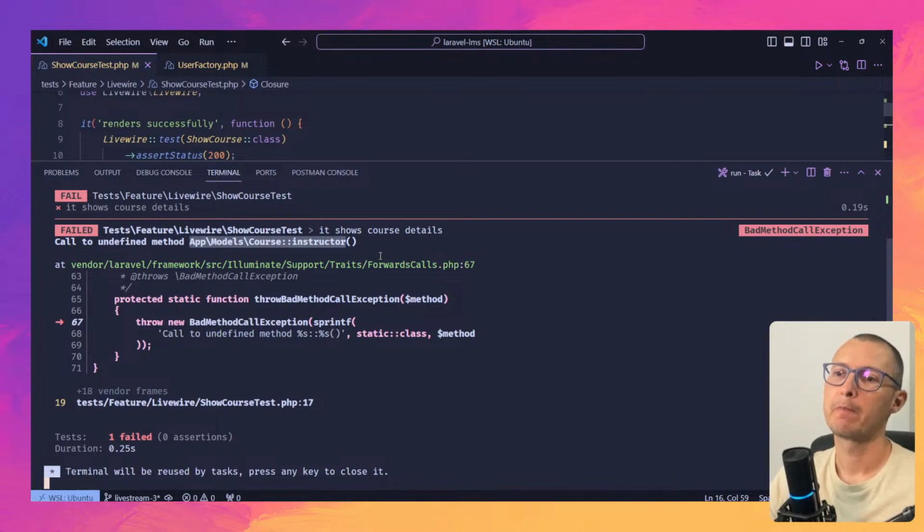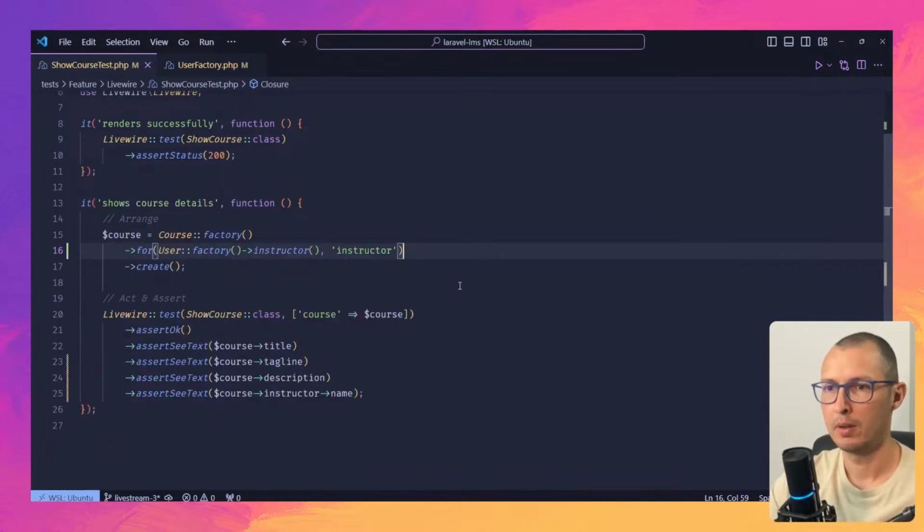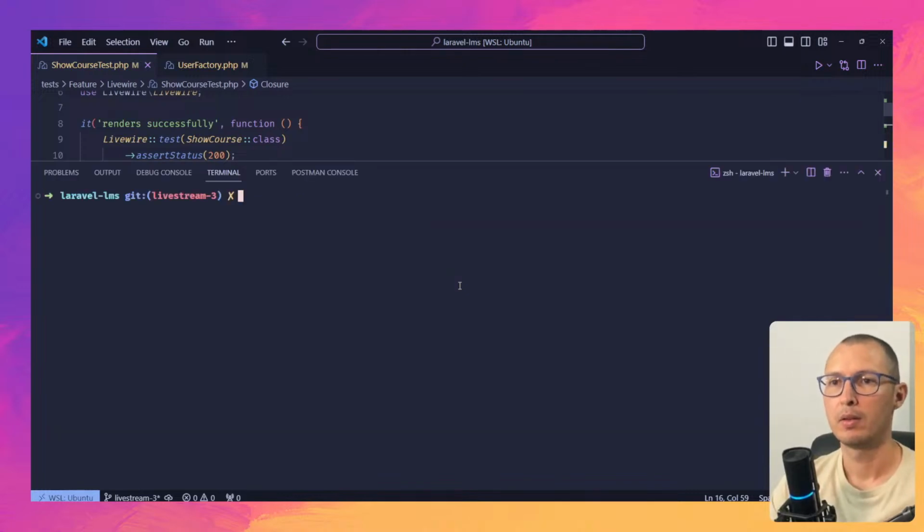Now, I could just go into the model and add that relationship and move on. But the correct way is to add a new test for the course model that asserts that the relationship exists. So we're going to do that. First, let's create a new test